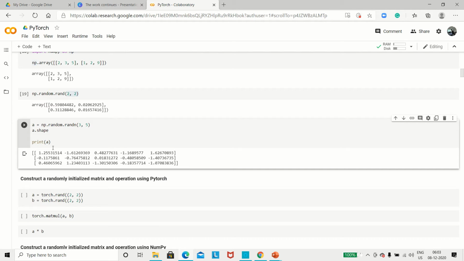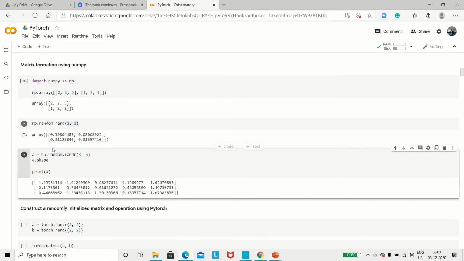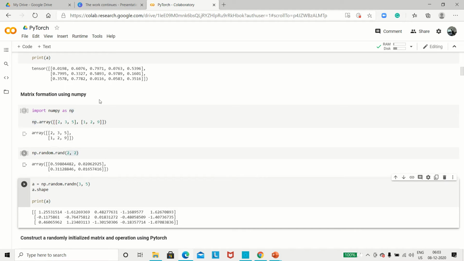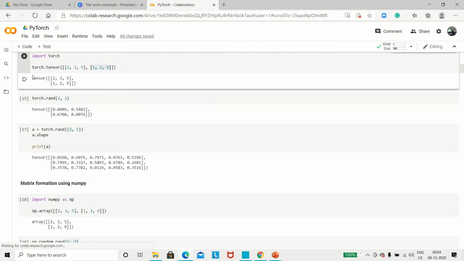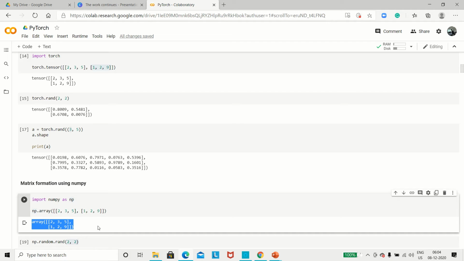Now since you have done it on a random basis, it is giving you random results. The output will not be the same because in random cases random figures are taken, so output can never be the same. But when you have defined specific values, it will show you the output in the exact way. Now this was the output when we built an array using torch, and this is the output when we built an array using the NumPy module. Okay, it's absolutely and exactly the same.